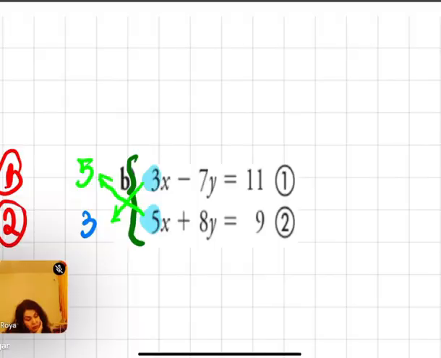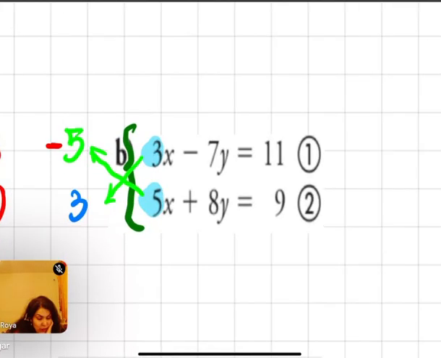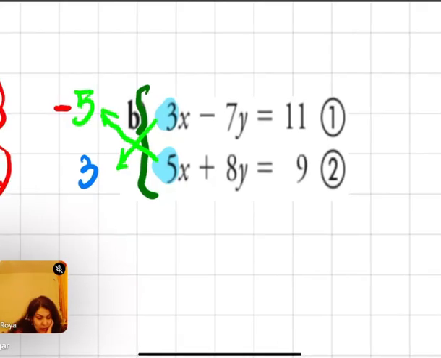Now, because I want to add them, we should put one of those negative. Put a negative sign beside, for example, negative 5. And you are going to multiply the entire equation by negative 5. And then the second one, multiply the entire equation by 3. So I rewrite the equation. I have negative 5